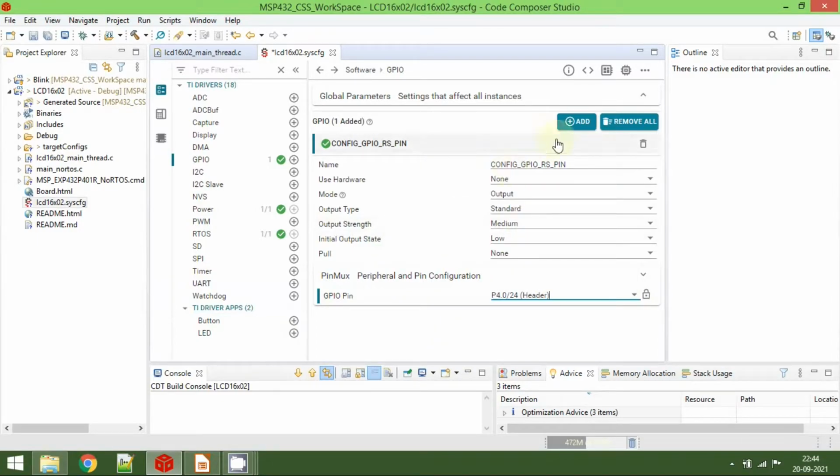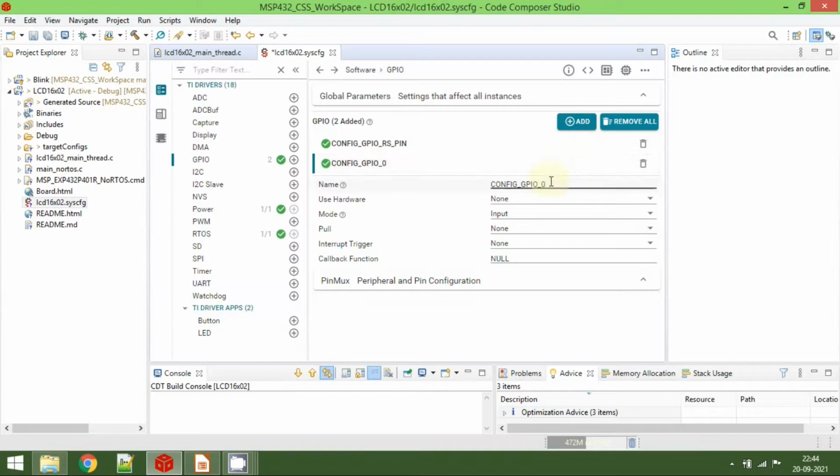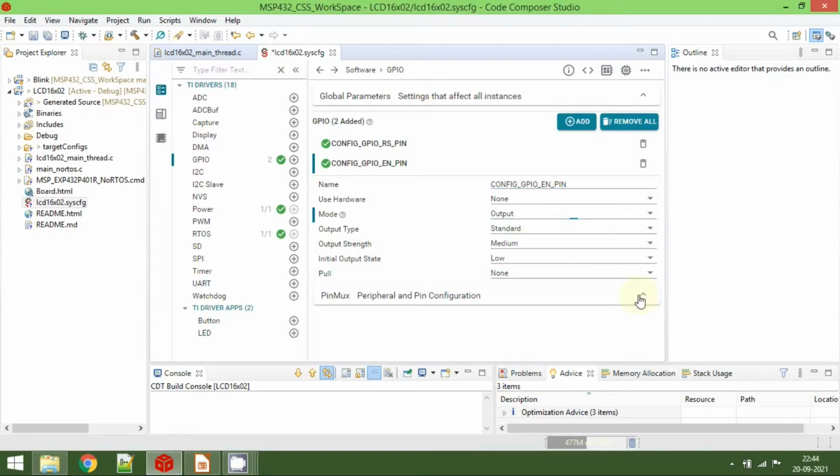Add another instance and rename it as enable pin, and of course this is also an output mode, and the pin number is P4.1,